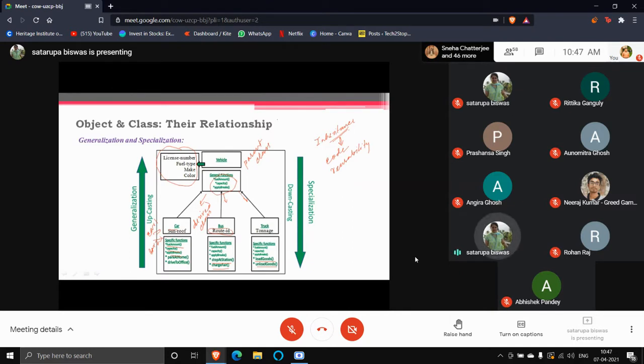So in this inheritance hierarchy of the classes, when you go from down to up, this is called generalization. Between the car, bus and truck, you get the general properties together, and that makes the vehicle. How is the vehicle class made? By extracting the general properties of car, bus and truck. That is the essence when you are going from bottom to upward. So that is generalization.